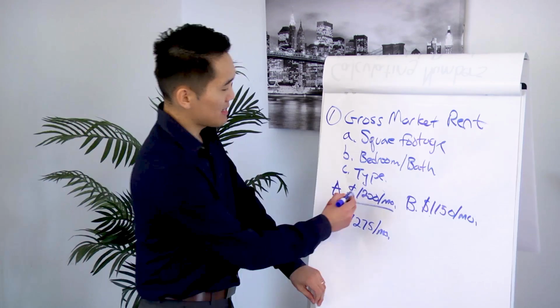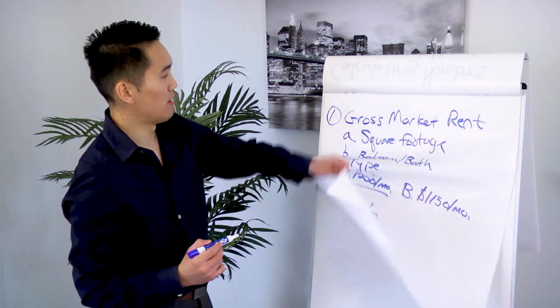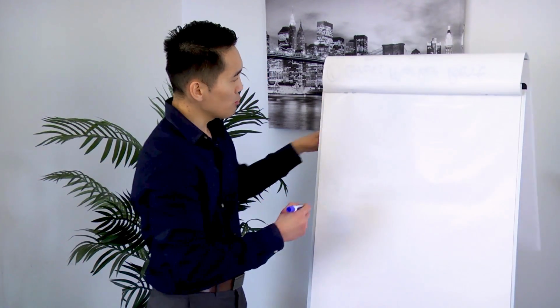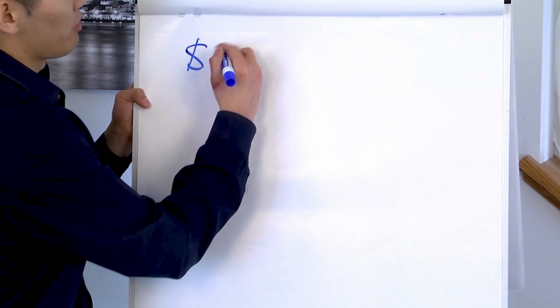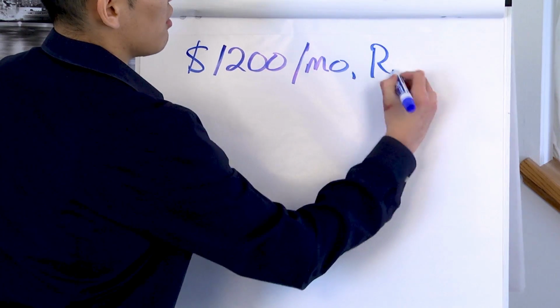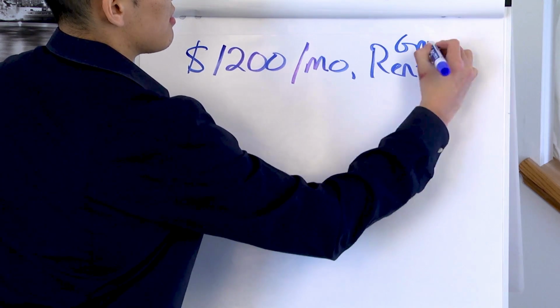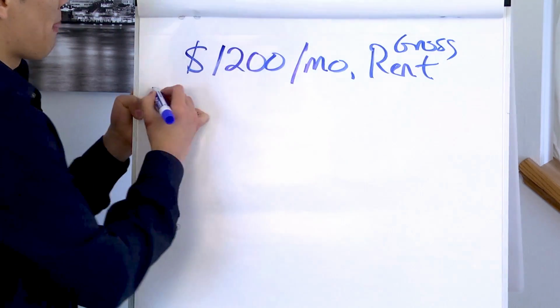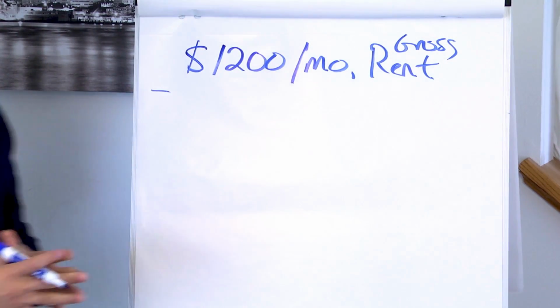So once we have determined $1,200 as our rent, we start to analyze the numbers. So $1,200 a month is our gross rent. That's where we start. The first thing that we want to take out is